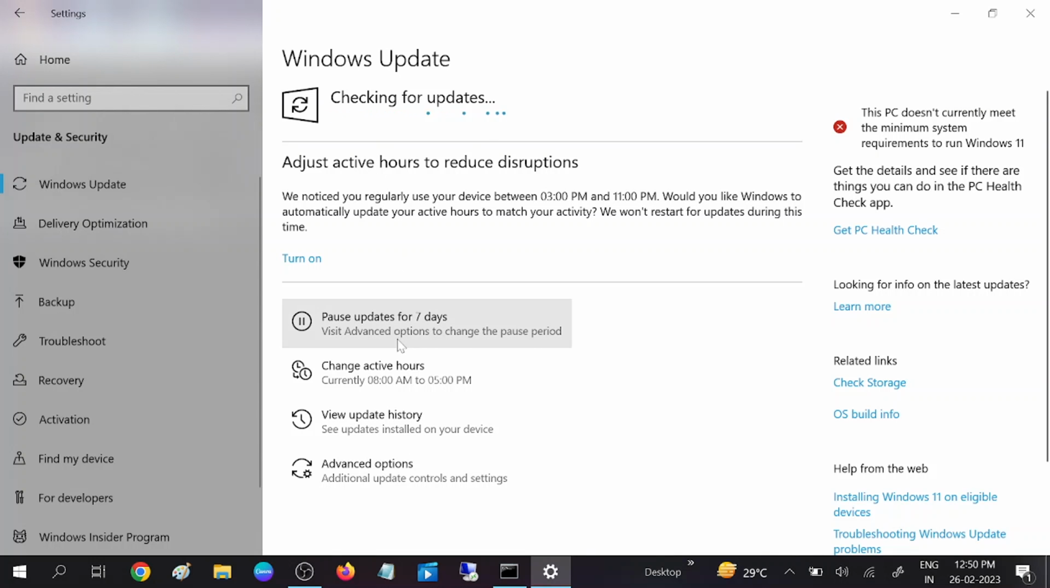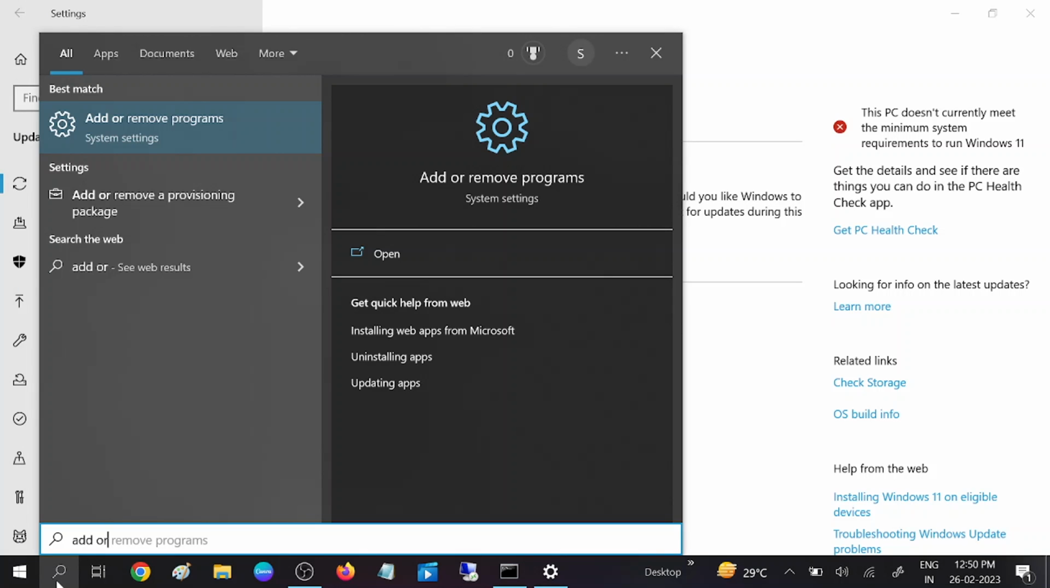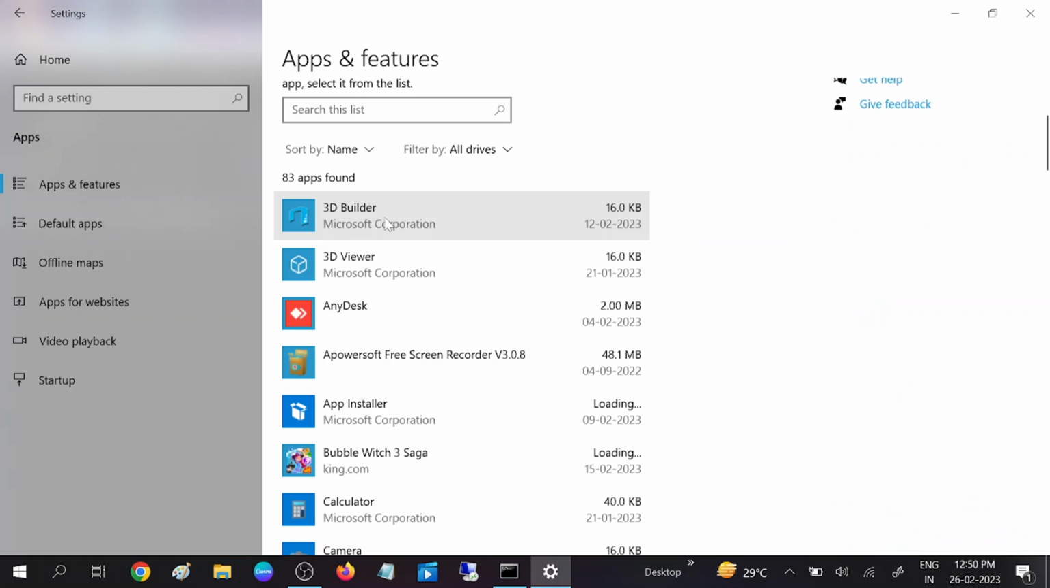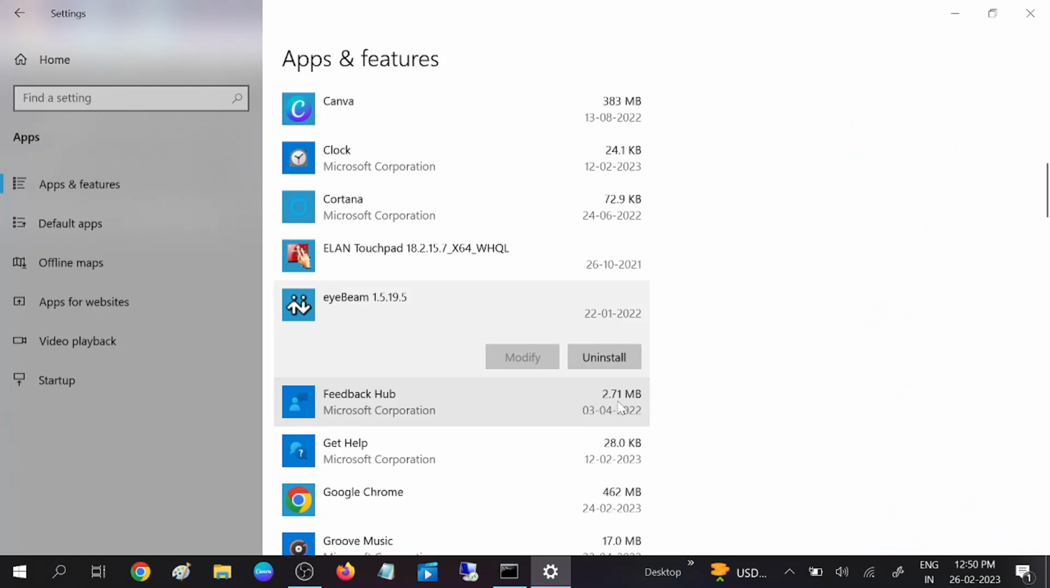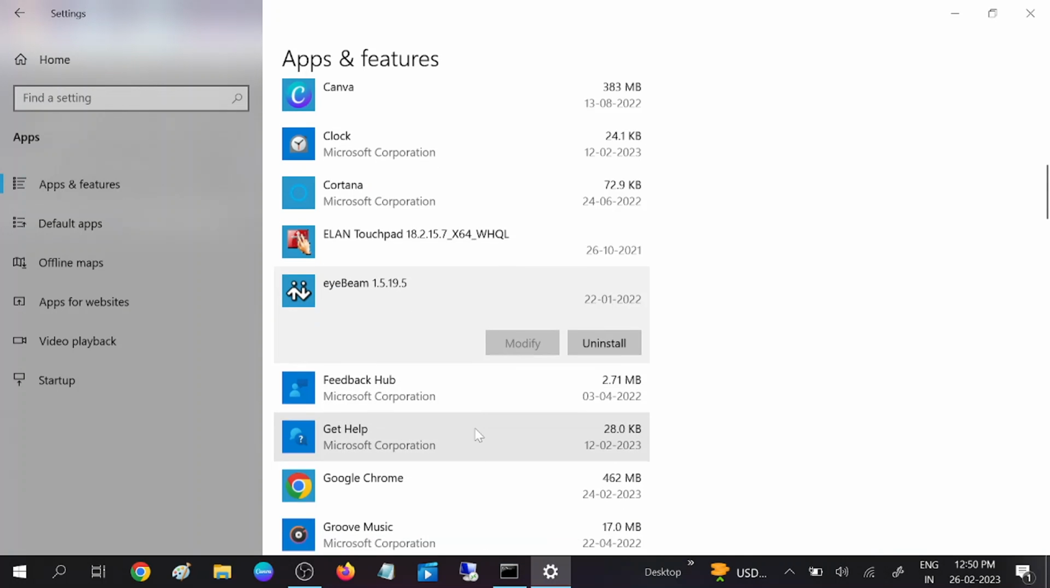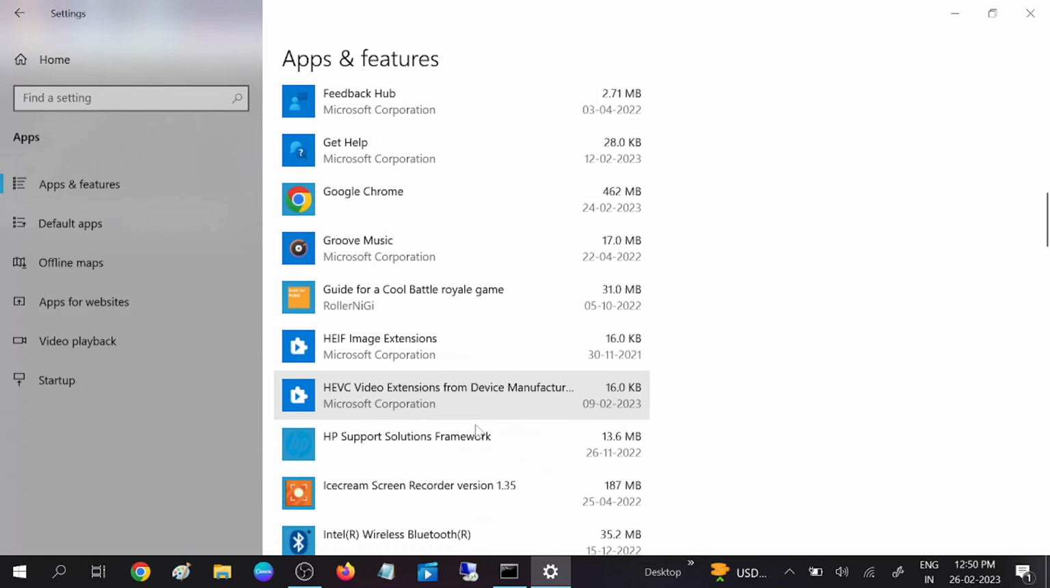If still not resolved, if any particular program is not running, then you can go to add or remove programs, remove that program and reinstall it, and your issue will be fixed. So hope your issue is